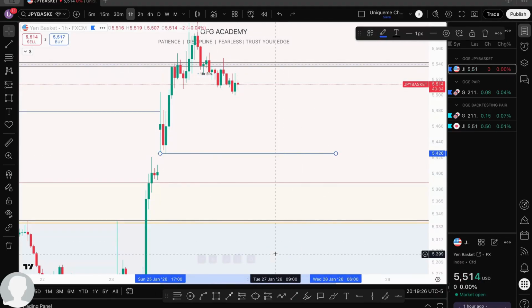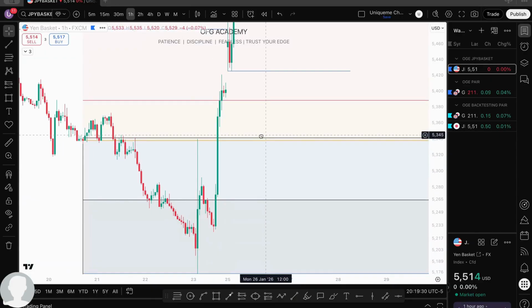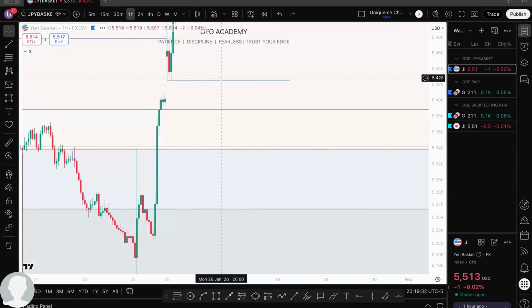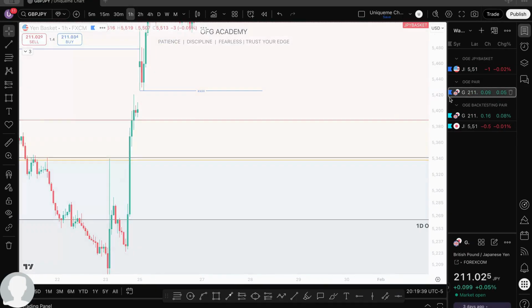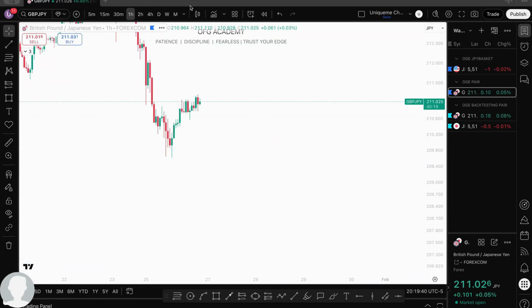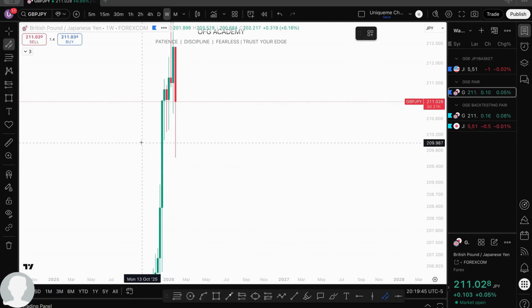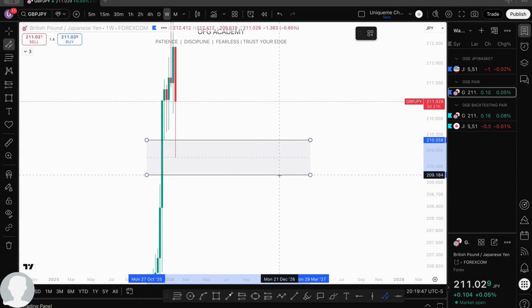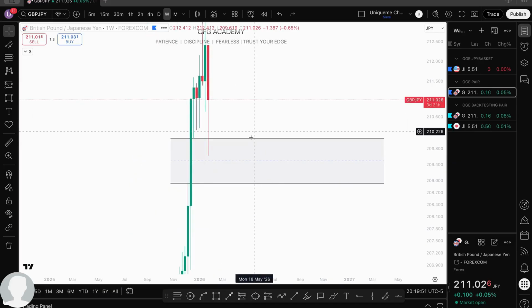This is liquidity, and there's also a fair value gap, what they call OTE zones. So around here or around there, price might just come down before it continues its massive bullish move. Now coming here again, I have the same thing. On the 1 week we have a fair value gap, which price is acting very funny at